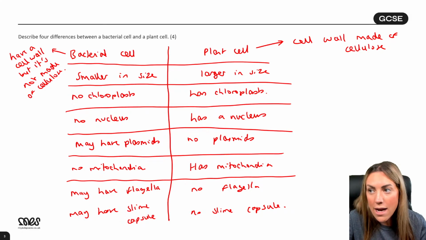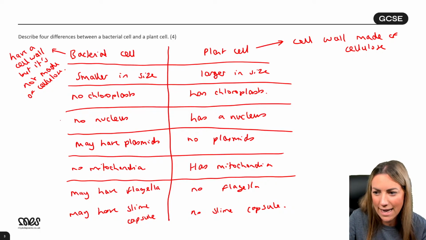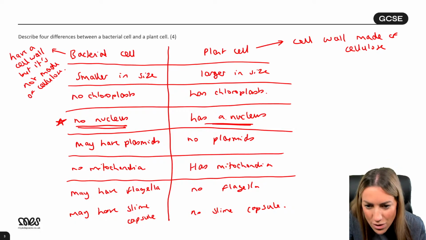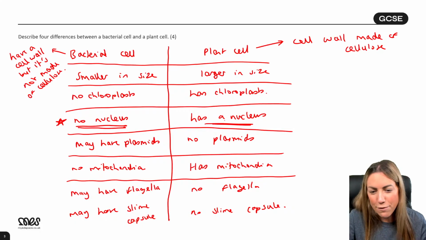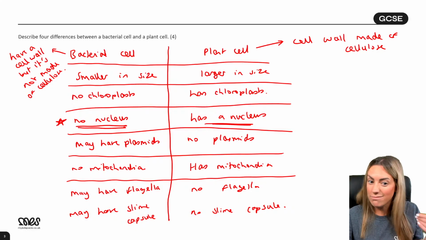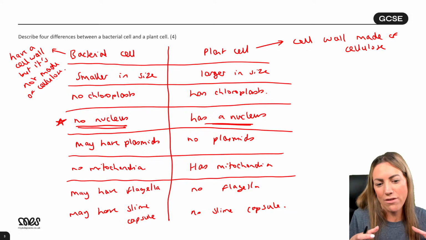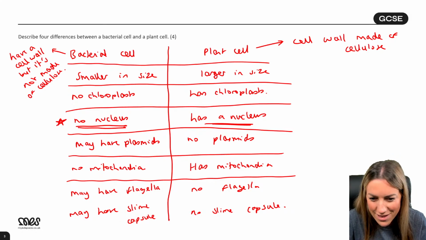Yeah, Rosa, very good point. A bacterial cell is a prokaryotic cell and a plant cell is a eukaryotic cell. But we've kind of covered that here, haven't we? That's what this means. A bacterial cell has no nucleus because it's prokaryotic, whereas a plant cell has a nucleus because it's eukaryotic. And just to repeat before we move on, a flagellum is like a tail. It's used for movement, and a slime capsule is on the outside of some bacterial cells, and it's used to help protect them from your immune system.